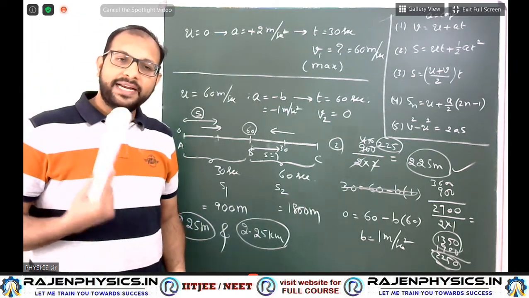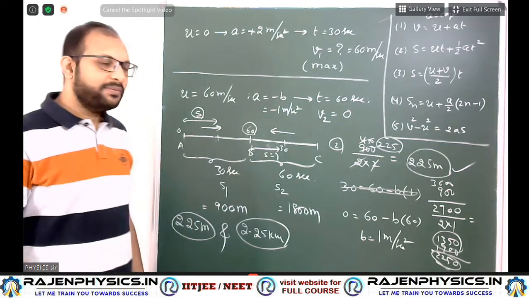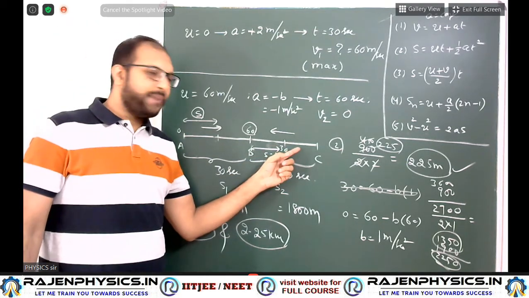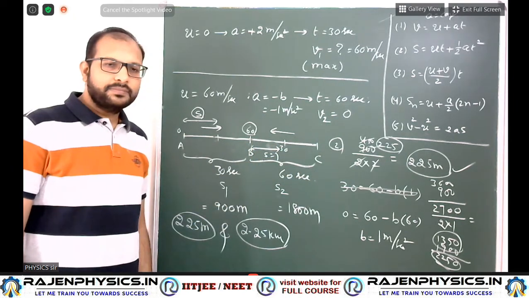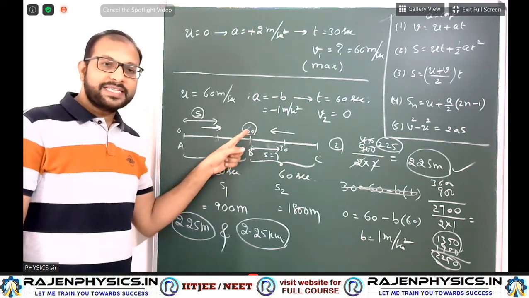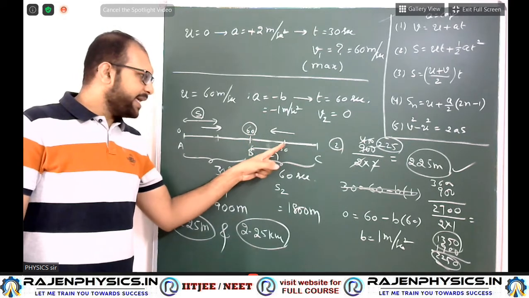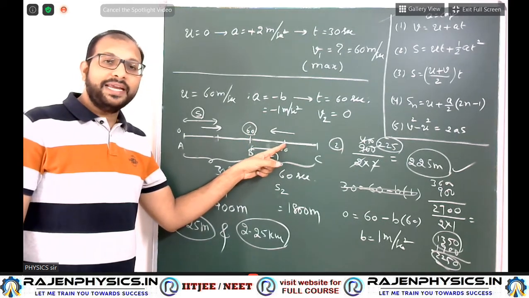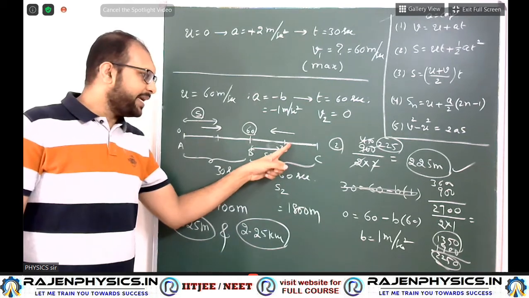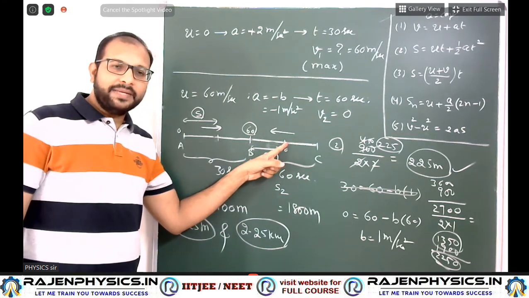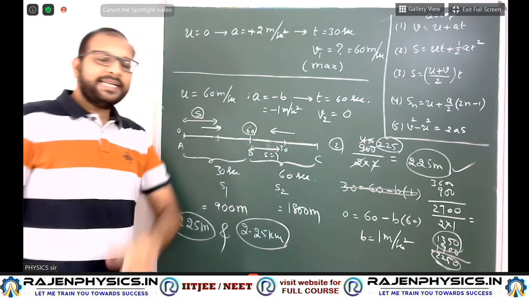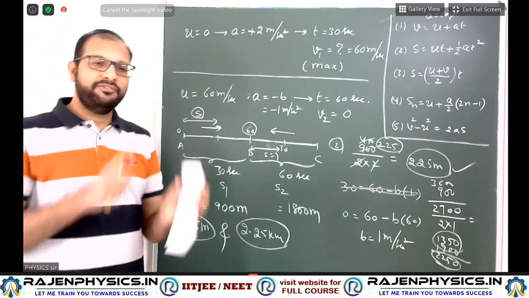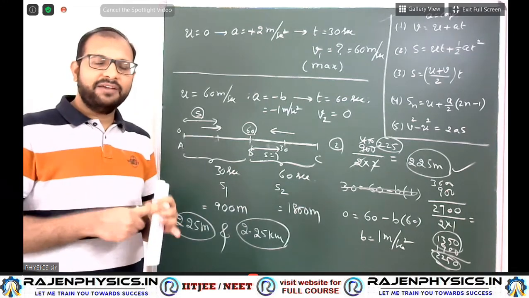Now going to the second answer, carefully observe. This is part number 2, from here to here. Here the speed is how much? 60. Here the speed is how much? 30. We need half, 30. So 60 to 30, displacement again, I assume. Again tell me which equation is suitable here, with V, U and A. Which equation?